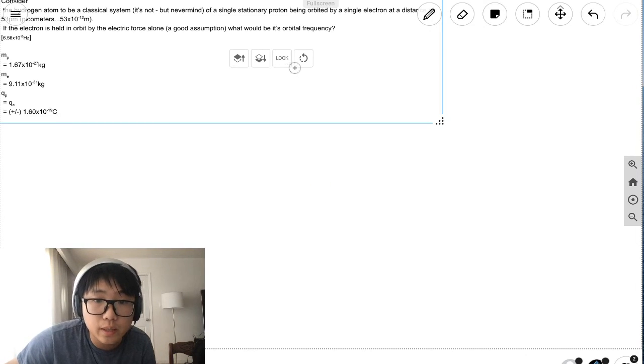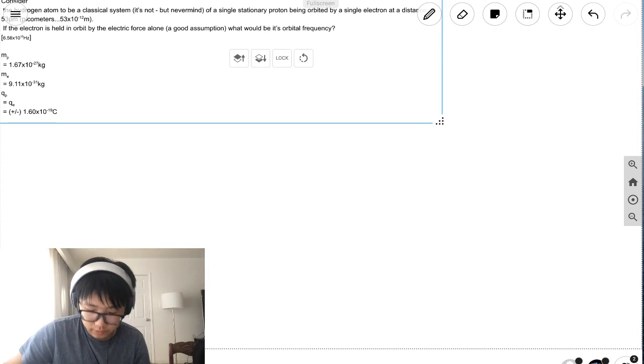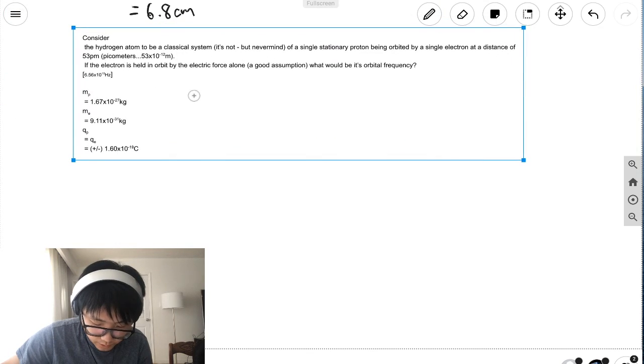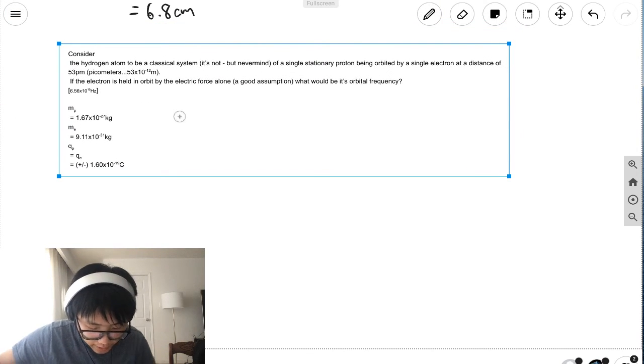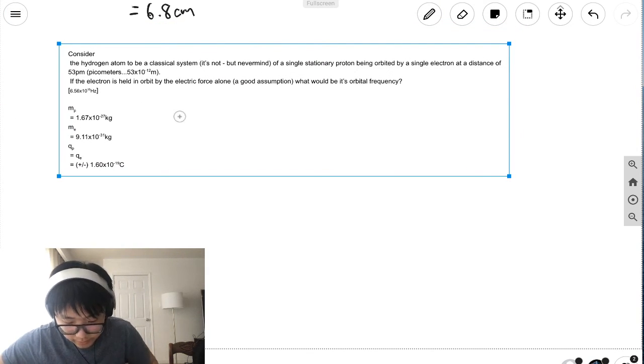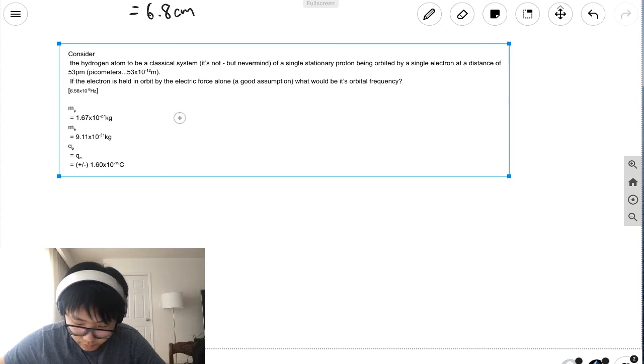The hydrogen atom to be a classic system. It's not, but never mind. Okay, but doesn't matter. It says the hydrogen atom of a single stationary proton being orbited by a single electron